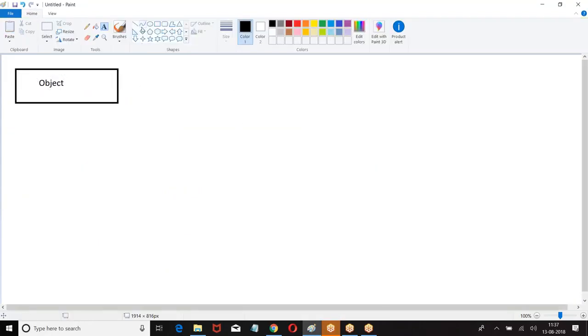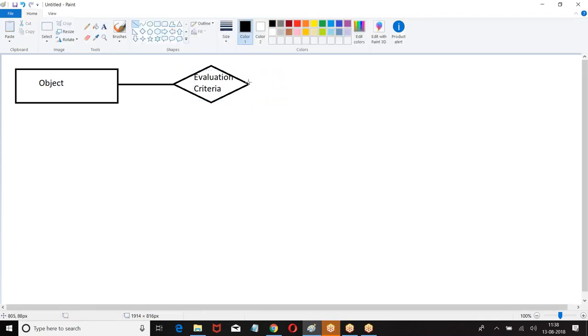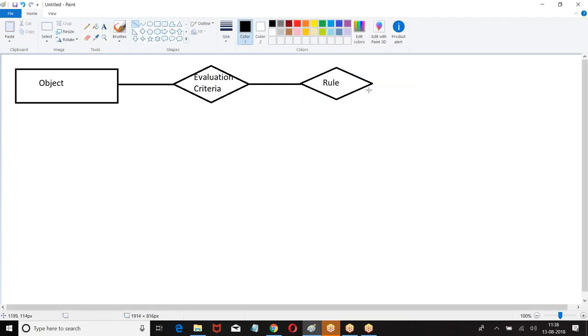On an object, when the evaluation criteria is met, we will check the rule. If the rule is met, then we are going to perform action.